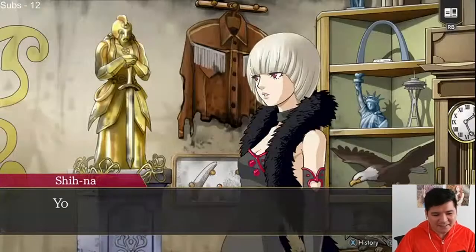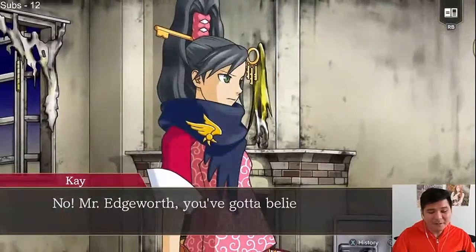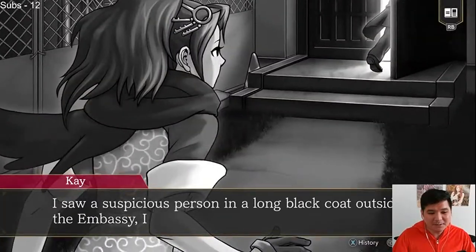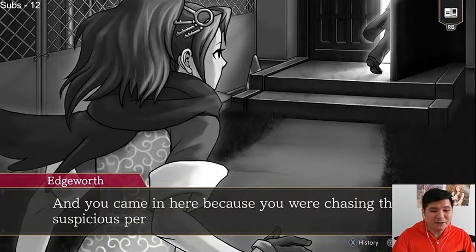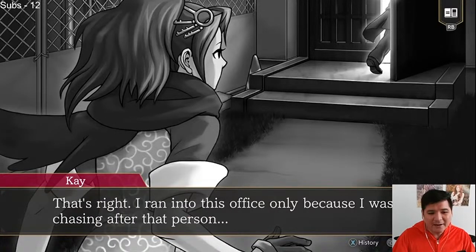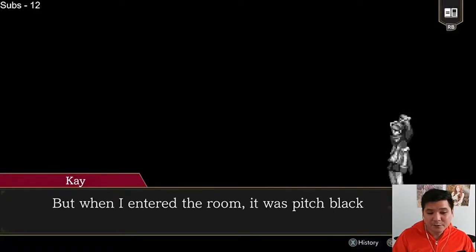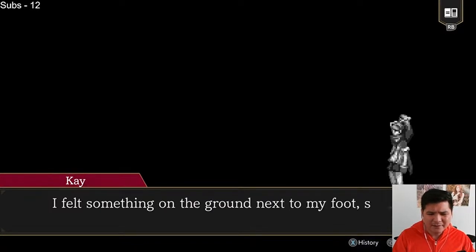That is your definitive evidence? You see now that she is definitely the killer, right? No, Mr. Edgeworth, you have to believe me. I saw a suspicious person in the long black coat heading outside the embassy, I swear! And you came here because you were chasing this suspicious person? That's right, I ran to this office only because I was chasing after that person. But when I entered the room, it was pitch black. I couldn't see a thing. I felt something on the ground next to my foot, so I turned on the lights, but then...